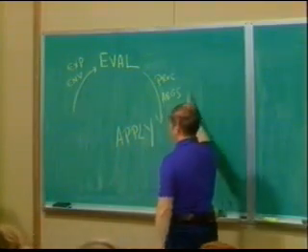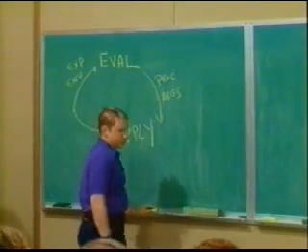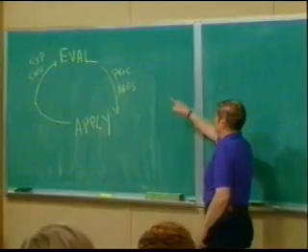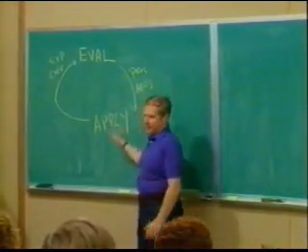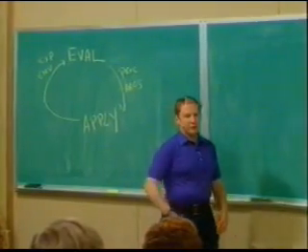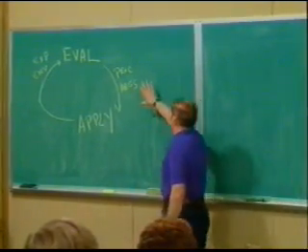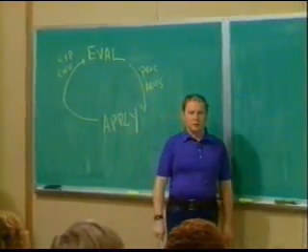And apply takes the procedure and the arguments, turns that back into, in the general case, another expression to be evaluated in another environment and passes that off to eval, which passes it to apply. And there's this whole big circle where things go around and around and around until you get either to some very primitive data or to a primitive procedure. See, what this cycle has to do with is unwinding the means of combination and the means of abstraction in